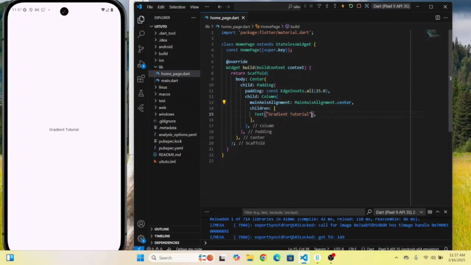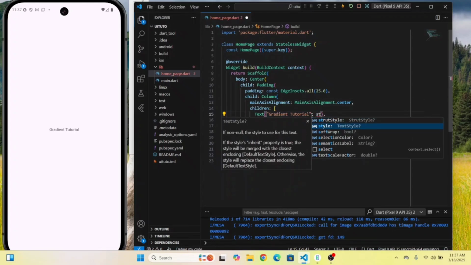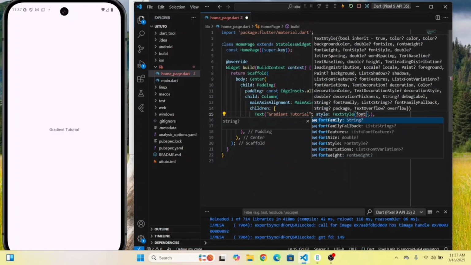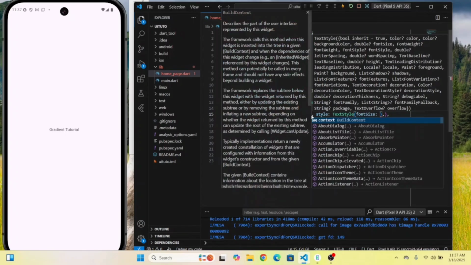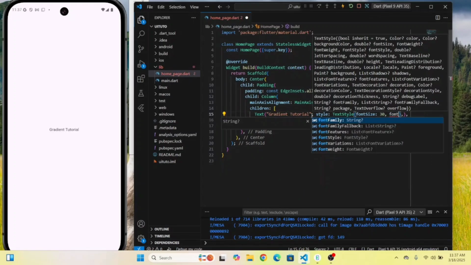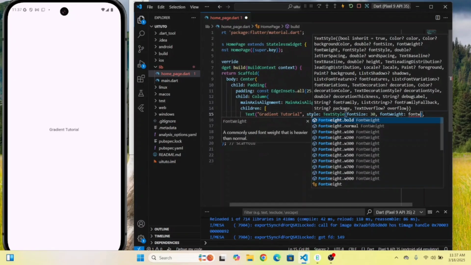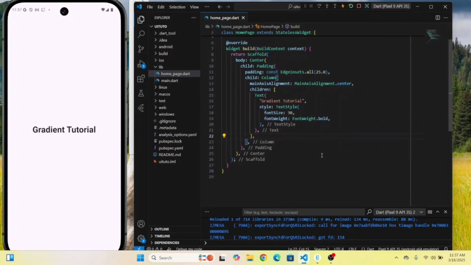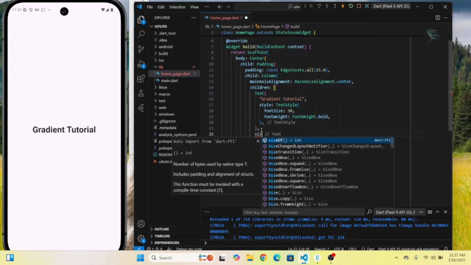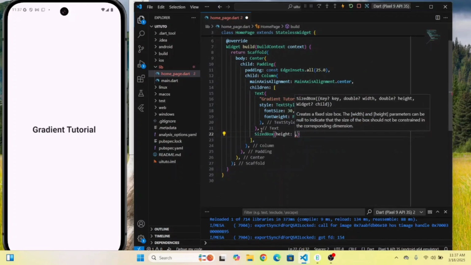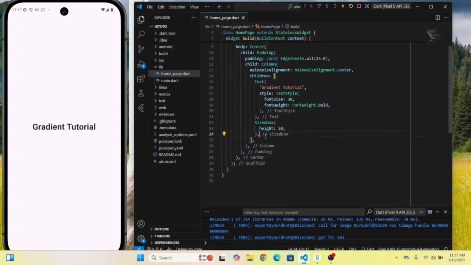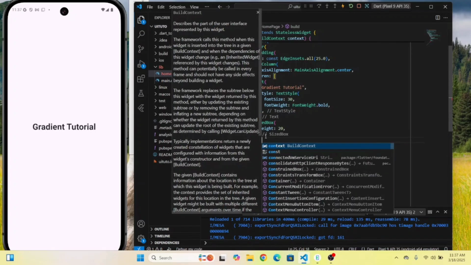Now let's decorate this text. Let's say style, TextStyle. Let's give the font size of 40 and make this fontWeight dot bold for this text. Okay, now it's looking good. Now below this Text widget, let's create some space. Let's make a SizedBox with height of 20. Okay, now below this SizedBox, let's create the Container,